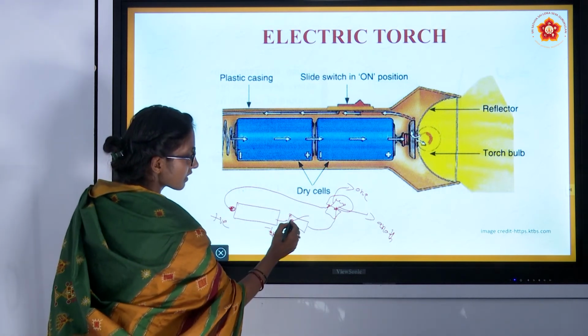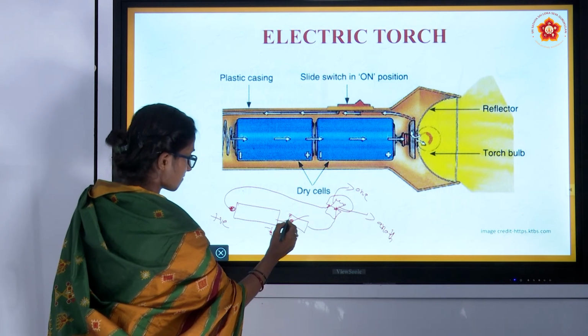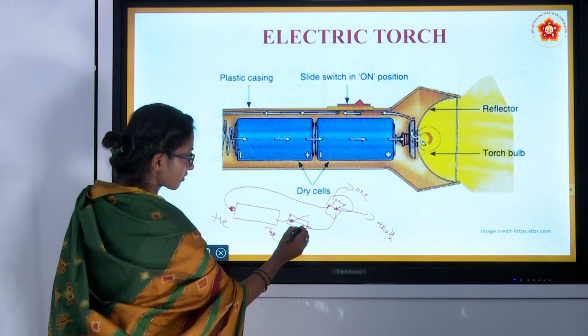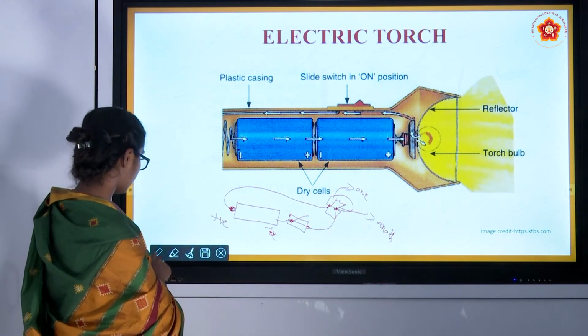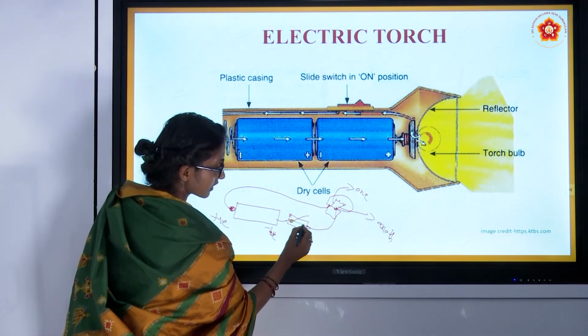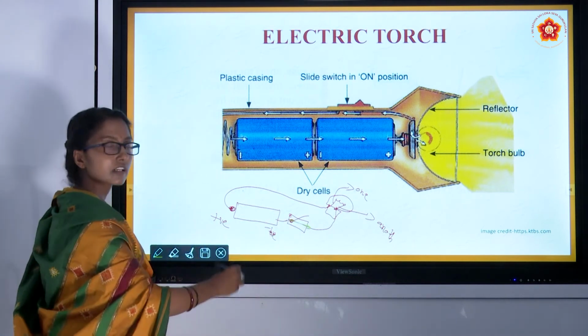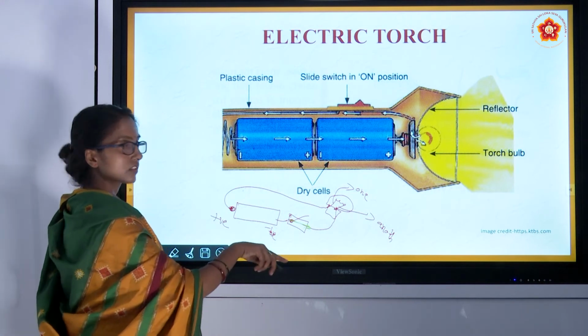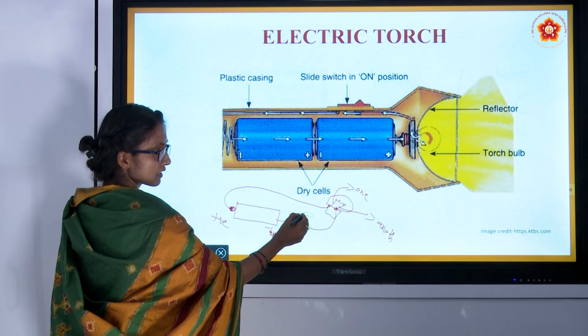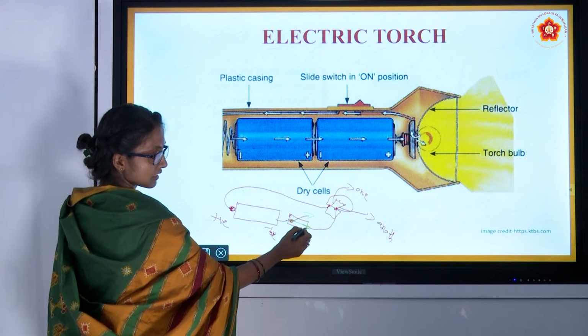By chance, if this switch was like this, I'll show it in another color. See, this green color, now the switch is on. The red color I showed before is switch off, and this is switch on.